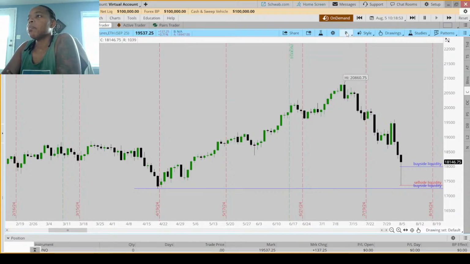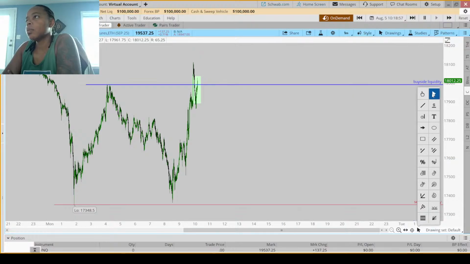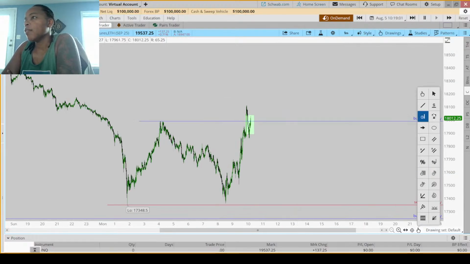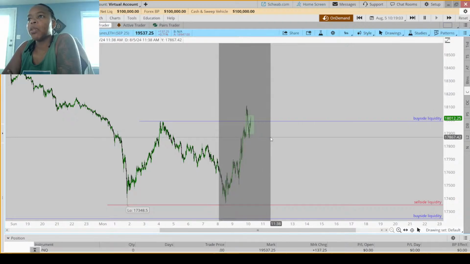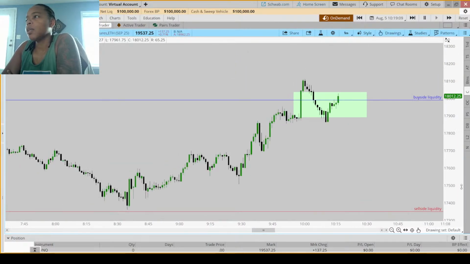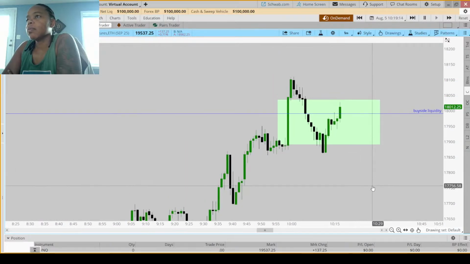Okay, and let's nip back down to the 1 minute, because I'm looking for a reason to go short. I'm looking for them to give me a reason. They have not. They've swept liquidity, but there's been no shift. So when there's no shift, they'll continue up. So I'm waiting for a reason, literally trying to build patience.